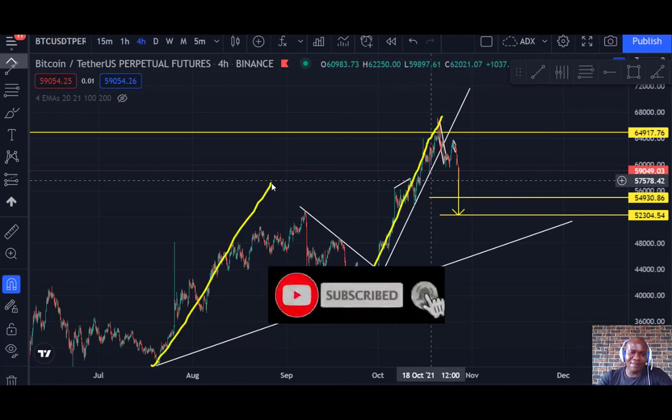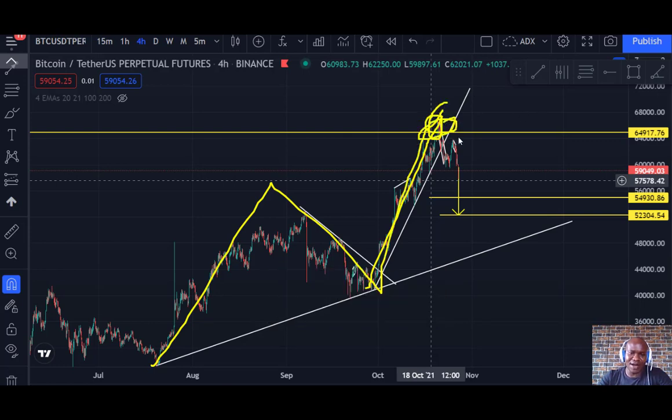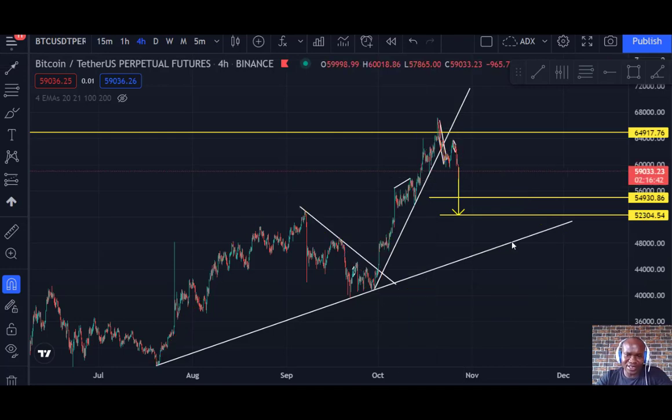So if you say that this is ABC, there might be, because this has broken the all-time high, we call it ABC, so that might be an activation that this trend is over, and why we'll be retesting this trend here. So the first scenario is that this trend here is where we're expecting Bitcoin to bounce, if it actually bounces. Coming to this trend will be like the 52,000 range, tagging this trend.